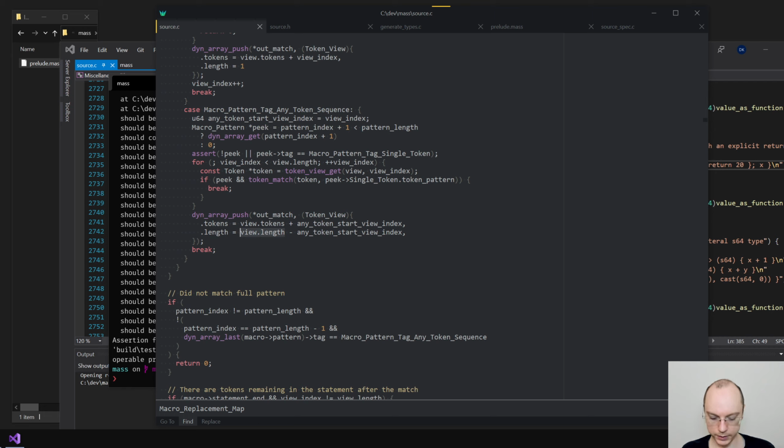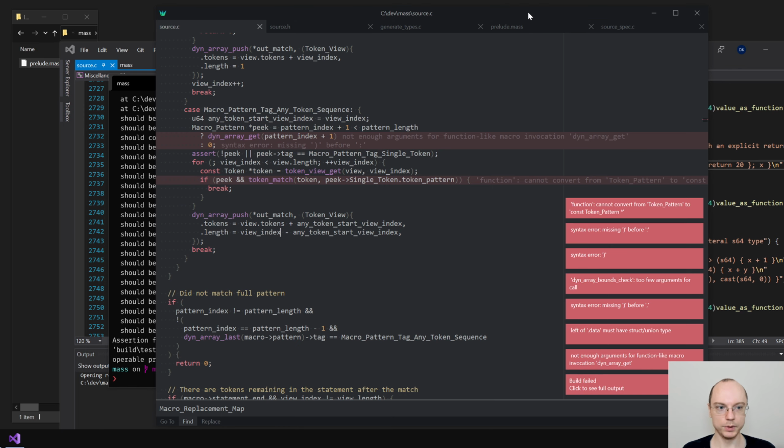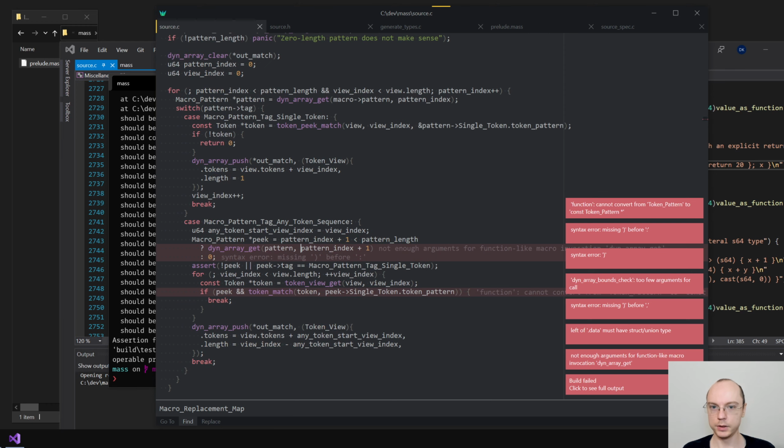The only thing is here, I shouldn't be using view length. I should be using view index. No? That seems reasonable to me, at least. Let's see if that seems reasonable to the build system and to the tests. First of all, yes, that would be pattern, I guess.